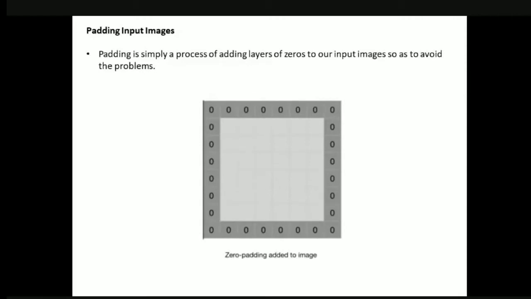What is our original image size? 6x6. That is, 1, 2, 3, 4, 5, 6 rows and 6 columns. Now we have padded zeros around the complete image. Now what will be the image size? 8 by 8. So we have padded only 0 values. We did not alter any values of the original image, but simply padded. Can anyone say why we have padded zeros here? Or why we included the concept of padding?